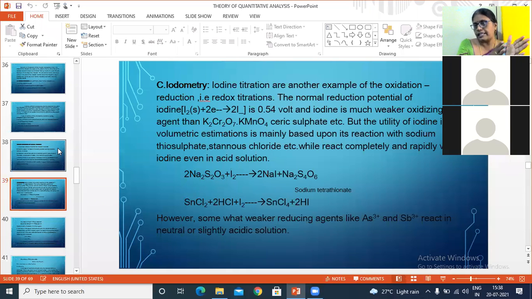Take three concurrent readings. Out of the three, if any two are equal, that value is taken as the volume of potassium permanganate utilized for the titration of ferrous sulfate, which we discussed yesterday. Instead of potassium permanganate, we take potassium dichromate here. Same way, take the potassium dichromate in the burette and take 20 ml of ferrous sulfate solution in the conical flask or titrating flask, add 20 ml of sulfuric acid, and then add indicator.